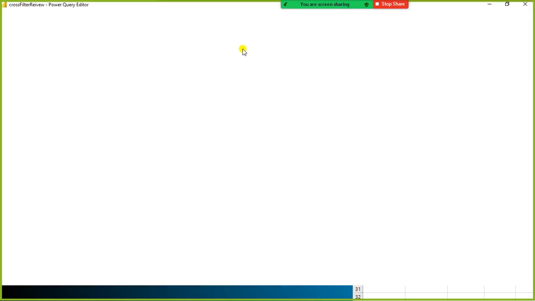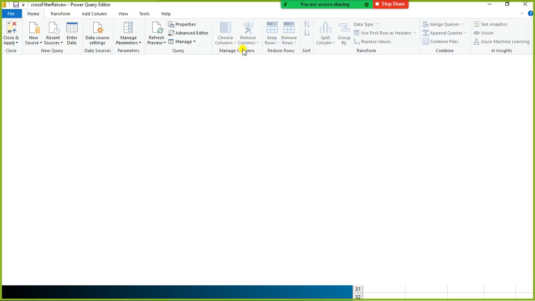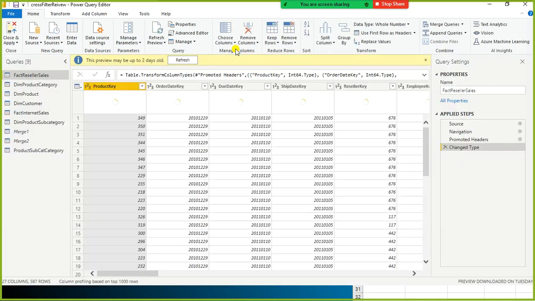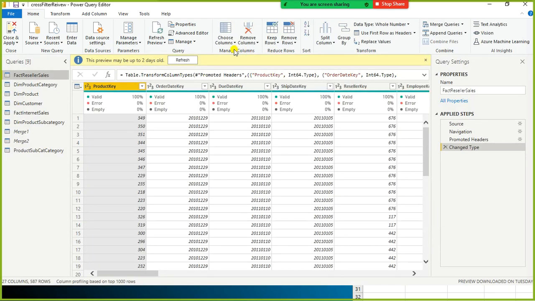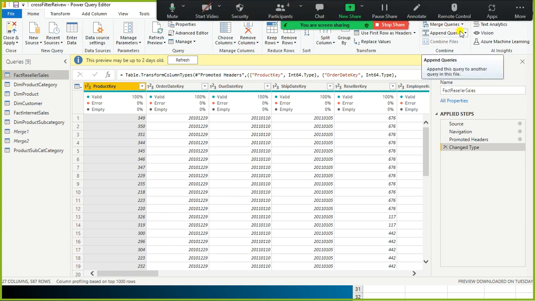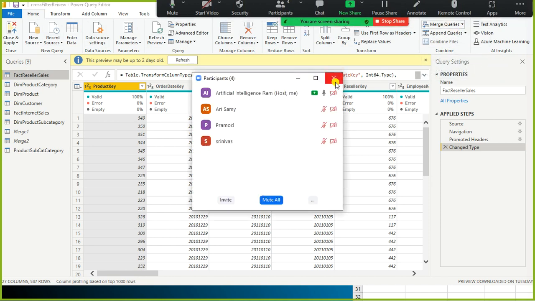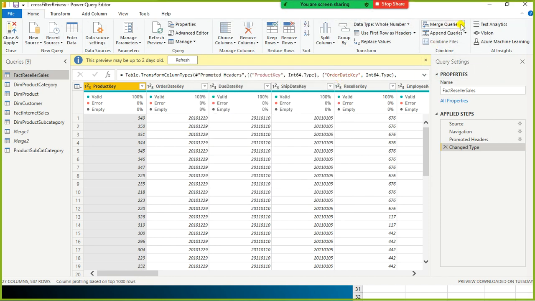I'll just show you here. Especially when you work with a large volume of data and more number of columns, right, you will have a lot of confusion. That is when you will face a lot of challenges. Okay, I am currently in the Power Query editor and I am in the Home ribbon. On the right side of the Home ribbon you will find Merge Queries here. Here I select this one, Merge Queries as New.